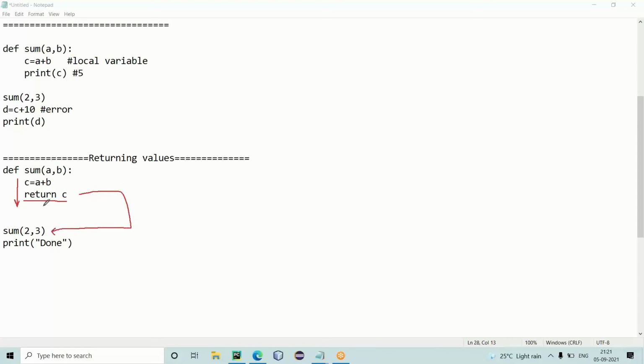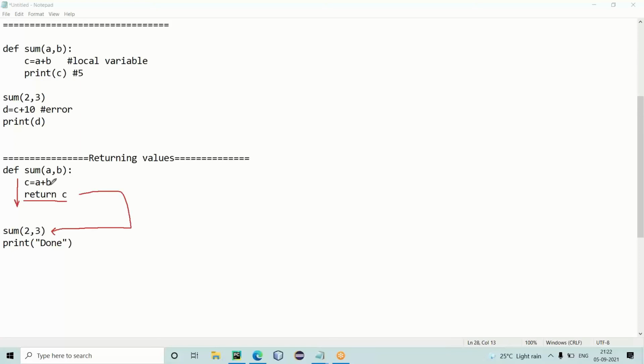Generally, after executing the function, the cursor will go to the next line written after the call. But in the function or in the definition, if a return instruction is there, then the cursor will not go to the next line. After executing the function, the cursor will go back to the calling place, the line in which it encountered the call. To the same line it will go.